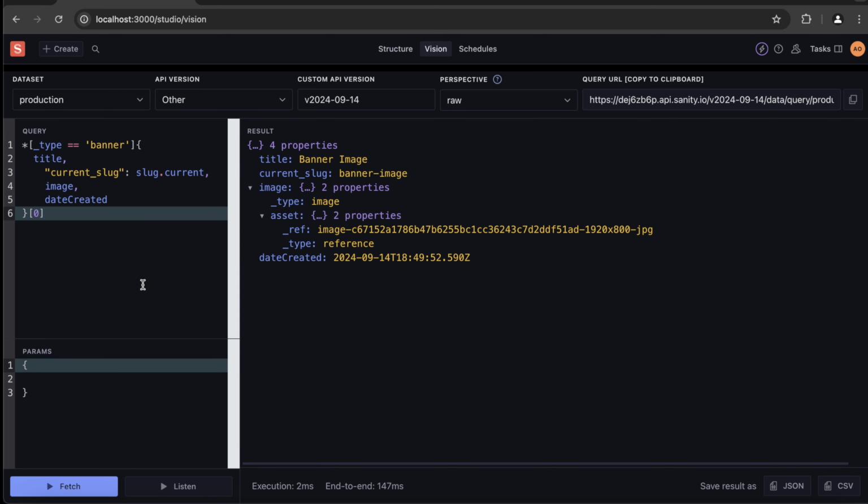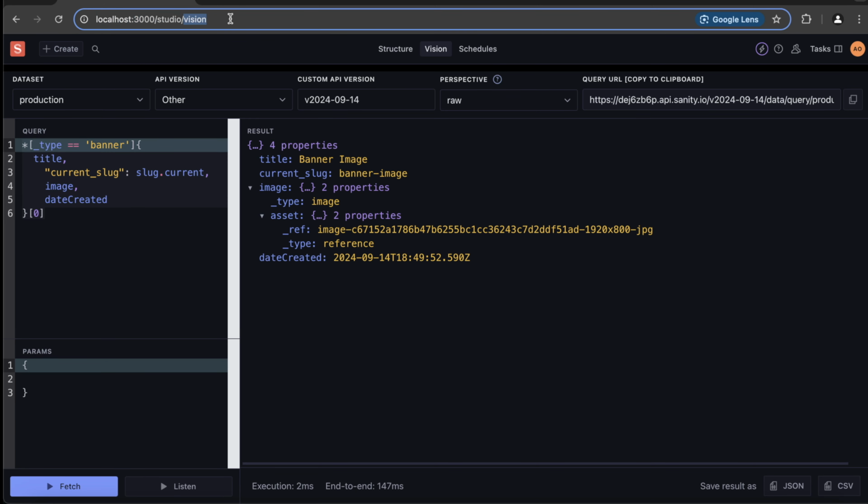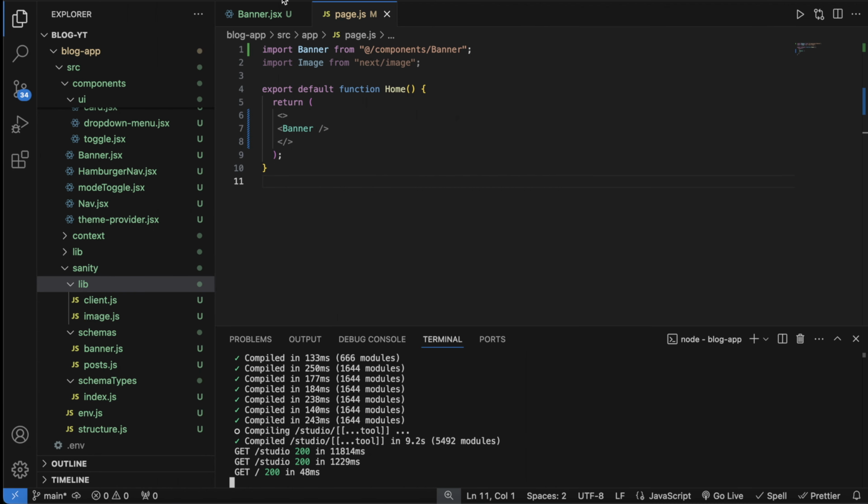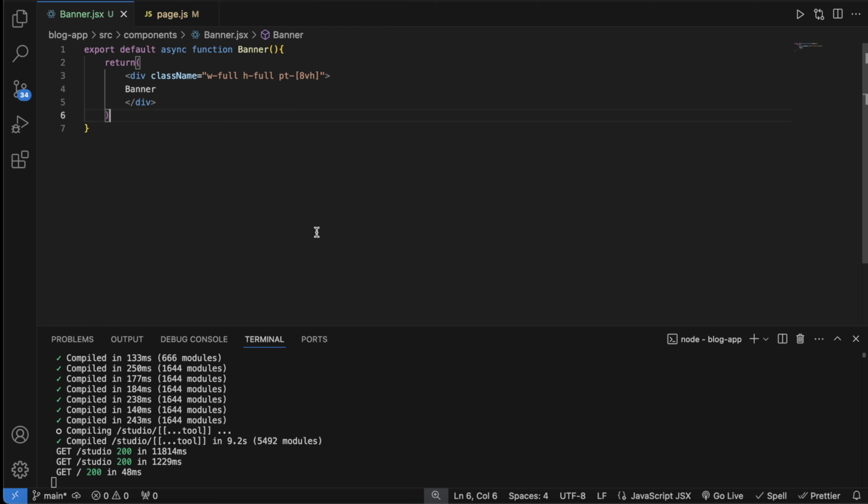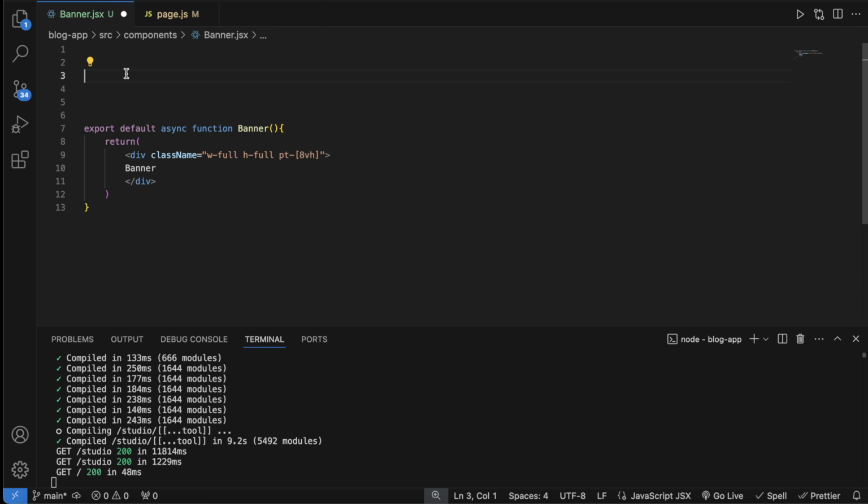So we're gonna get this, and what we want to do now is we're gonna copy this. So let's Control C, and then we can head out of here. So let's just go over to localhost 3000, and we can minimize this. So within banner, we can go back to banner.jsx, and within this, remember this is a server component. So what we want to do is we can bring this down, and we can state an async function, and we can call this getBannerData, and this is going to be